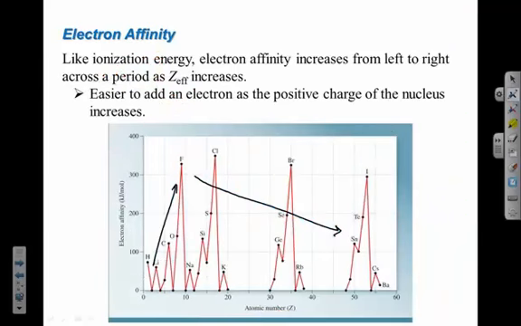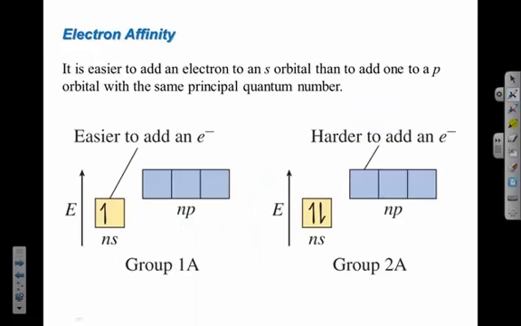We also have some of the half-filled, exactly filled subshell trends here. So since these are going up and down, it's not a clear trend straight up or straight down. We can explain that as well, right? Elements that have one valence electron in their s subshell, so these are the group 1A elements, have a slightly higher electron affinity than you would expect, because if they attract one new electron in, it will completely